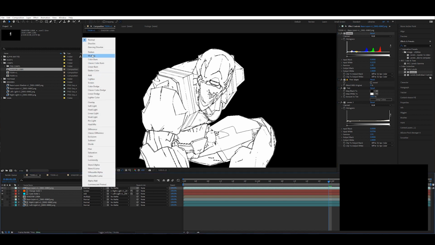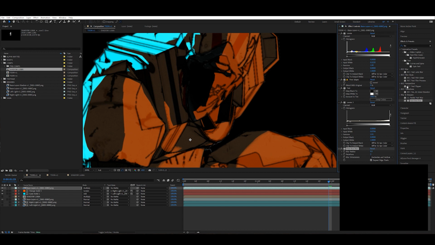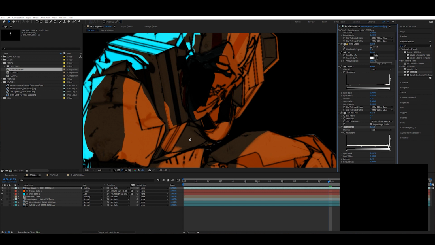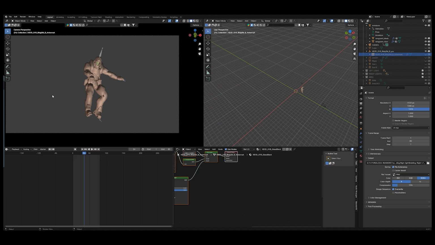And if we set this to multiply, add a little fast blur, 0.5 in, levels again. We can get some more lines in there, and this is some lines too on our materials that we didn't really have before. So by the way, that was just me cutting some corners instead of just rendering out another